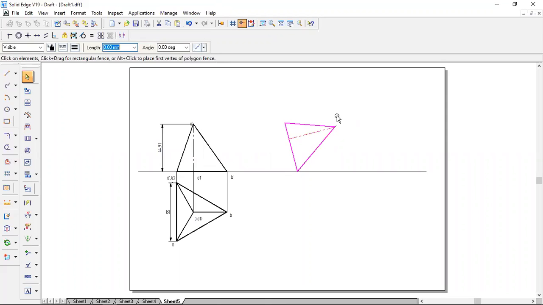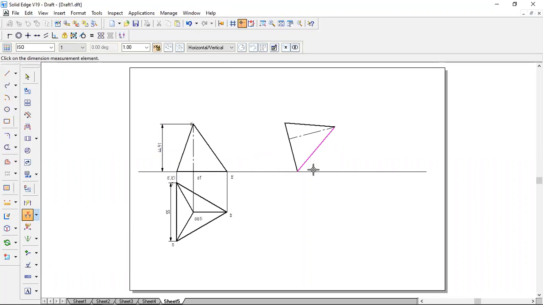Now you can remove this construction line. Now you measure the angle between this and this. It should be 50 degrees. So now draw the projection of top view by drawing the vertical projection and the horizontal projection. Naming is missed out, so we can take this as A dash, C dash. Then this is going to be O1 dash, and this is going to be B dash and O dash.